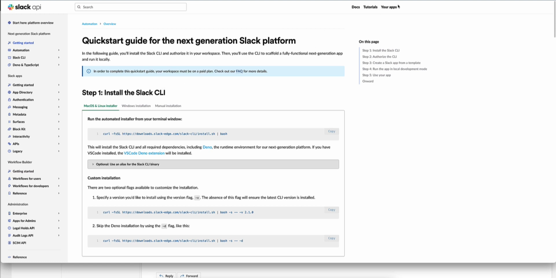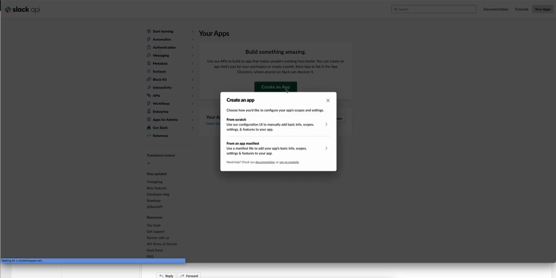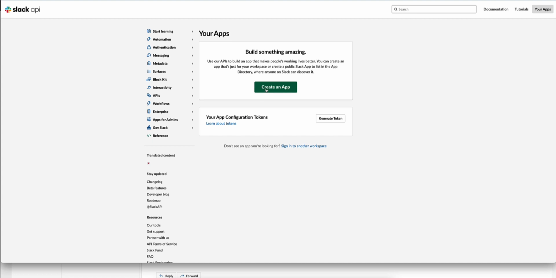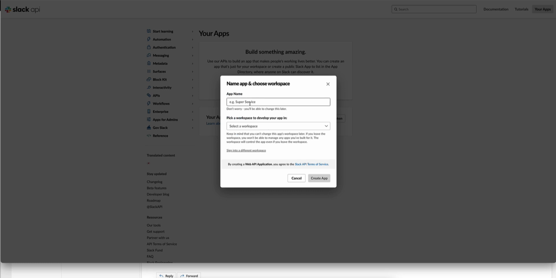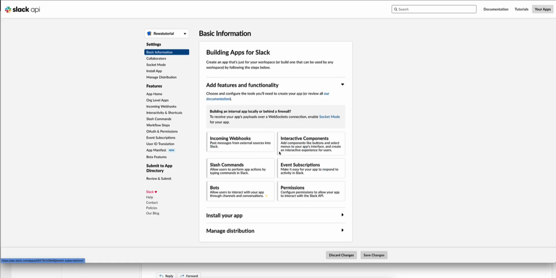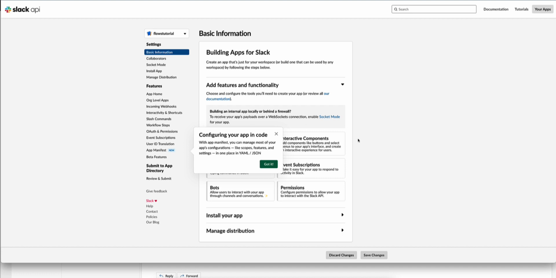On the right hand side you can see your apps. Click on create first app. Create an app. Bring up this form to help you. So from scratch. Give it a name. I'm going to call it Flows Tutorial. And I'm going to add it to my space. Okay, now